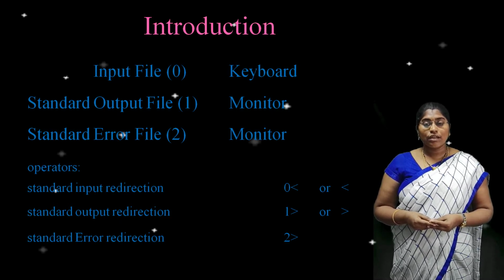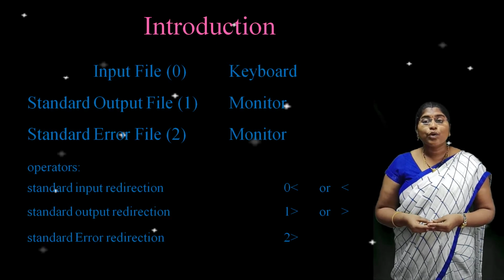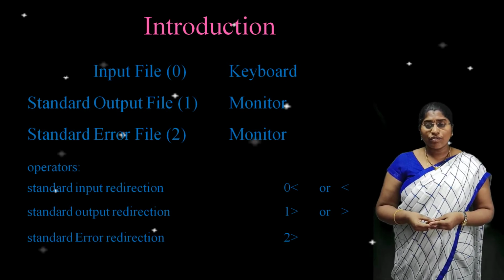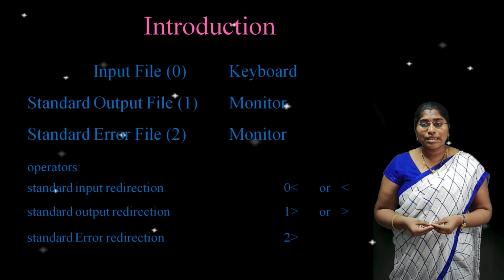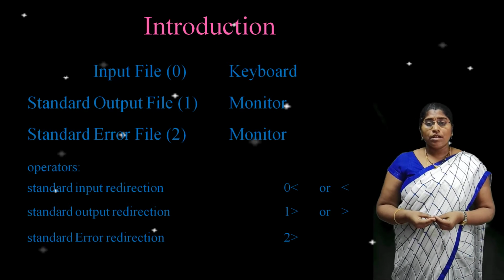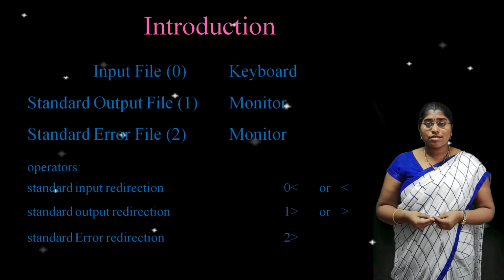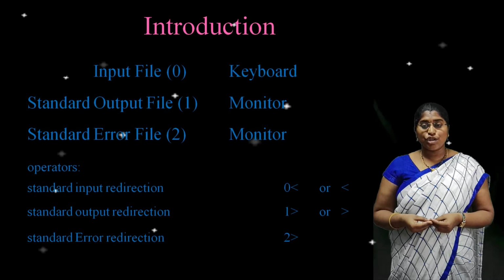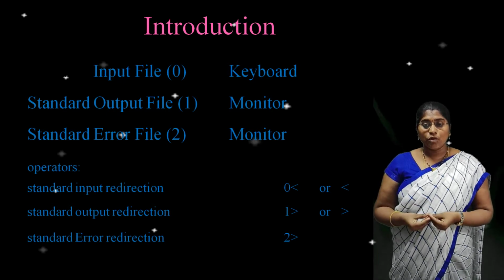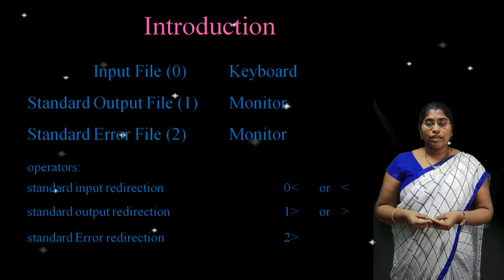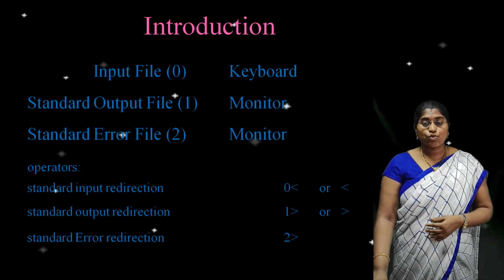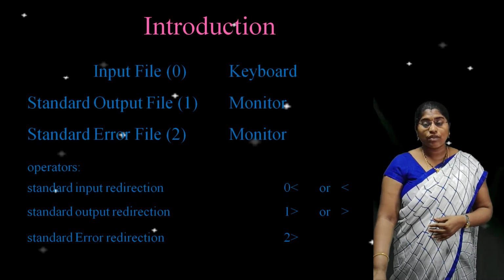If an executing command encounters an error, the error message is sent to standard error. To reference each stream, Unix assigns a descriptor to each stream. Okay, let's see the different descriptors for each stream. The first one is standard input, which is assigned 0. It can be associated with the keyboard. After that, standard output is 1, and it can be associated with the monitor. And after that, standard error, that is 2, can also be associated with the monitor.